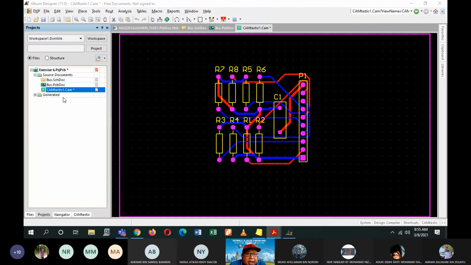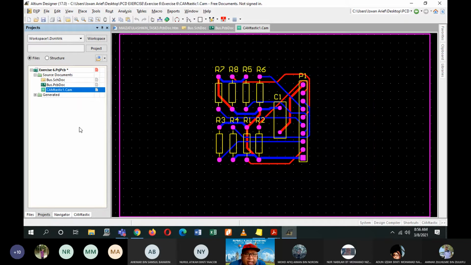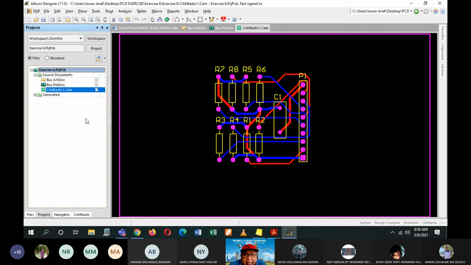Okay, then my camtastic1.cam files will be stored under the same project PCB of my exercise 6 or this bus exercise lah. So save them. Let the file use the recommended name lah. Kita gunakan nama yang dia bagi ni. Biar je. Okay, I'll save my project. I like all of my files to not be in red color lah.